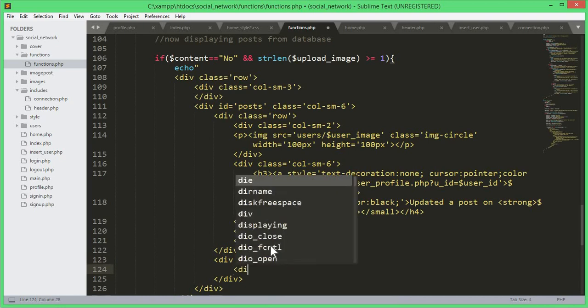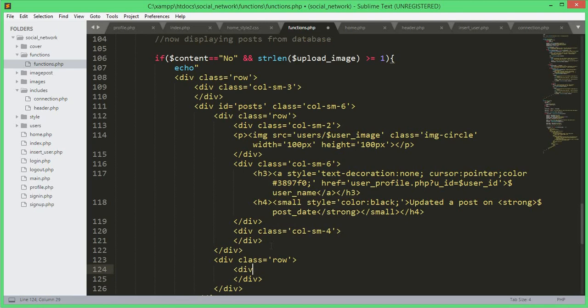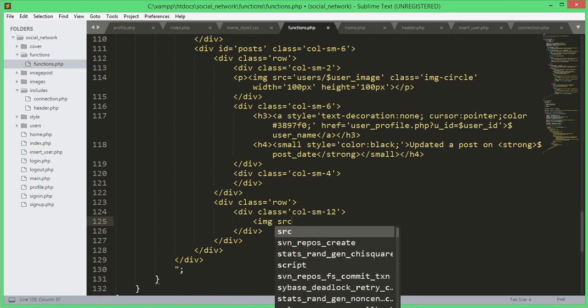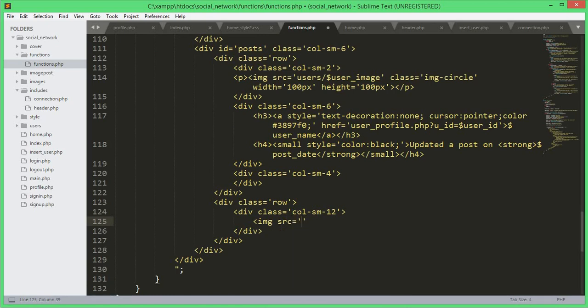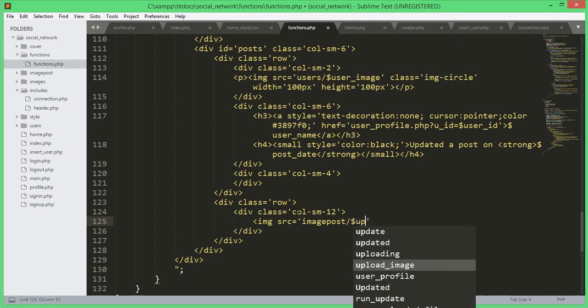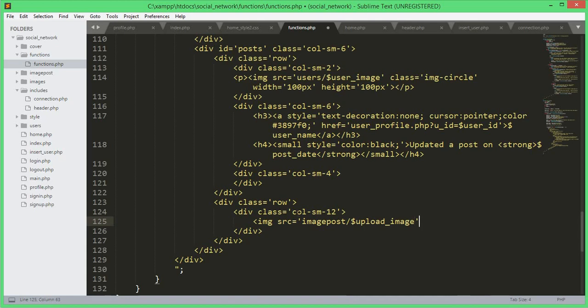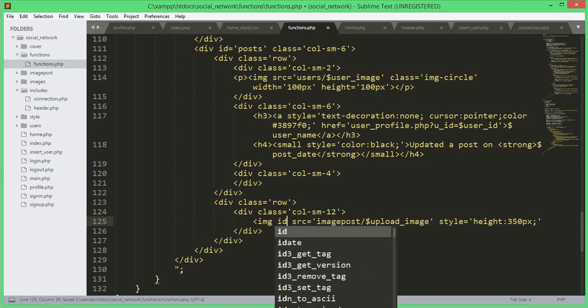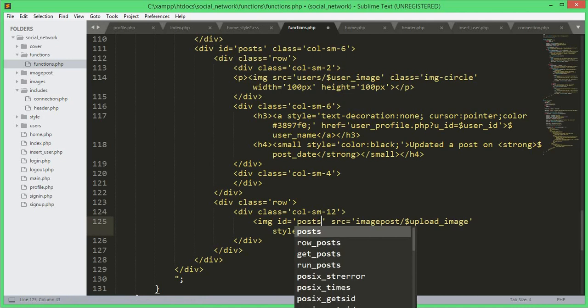and then we will open up another div, and its class will be equals to col-sm-12. And now inside this div we will show the image post. So for that we will type img src, and it will be equals to the image post folder, and then the $upload_image, and style will be equals to, we will give it a height, and height will be 350px, and before the src we will give it an id, and id will be post-img,